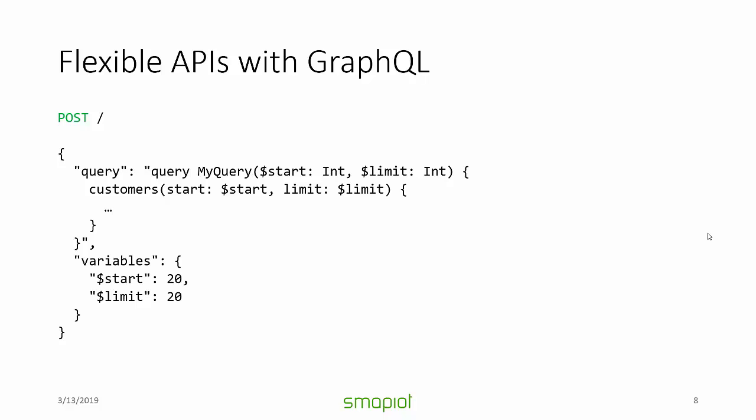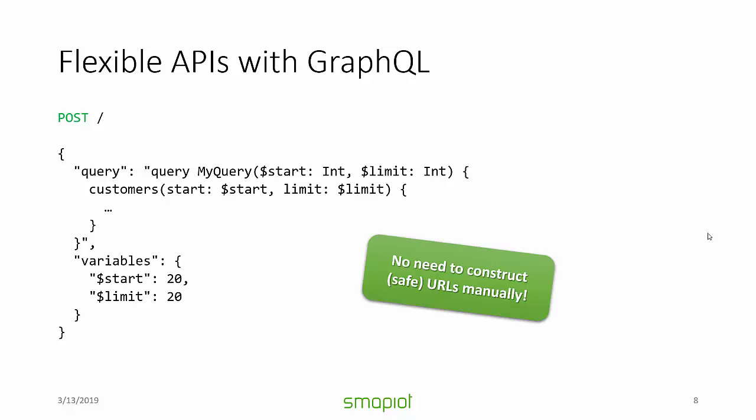GraphQL will ensure that type is correct and that these variables can be used accordingly. All I need to do is specify it as variables and not just in my query string. Again, I don't need to do anything here. It's just free, and there is no need for me to construct a safe URL